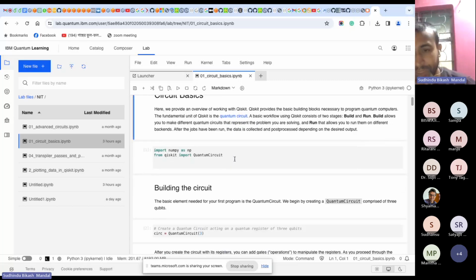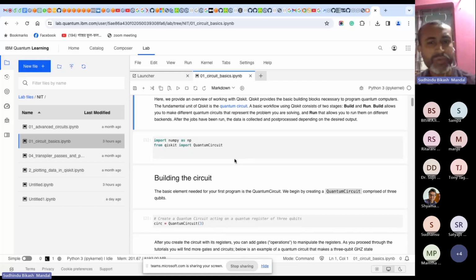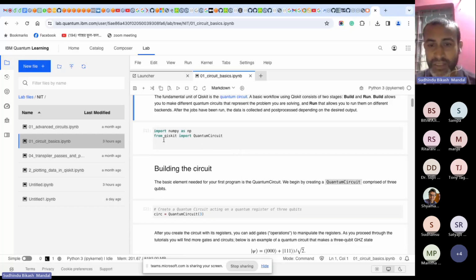Now, if you want to build a circuit, this tutorial you will find very easily in the Qiskit textbook tutorial. I'm also following this. It will be better for future reference. That's why I'm not giving new things. I will show you some new things later, but initially I'm describing from the Qiskit textbook library, so that further on you can also modify these textbook texts for your learning purpose.